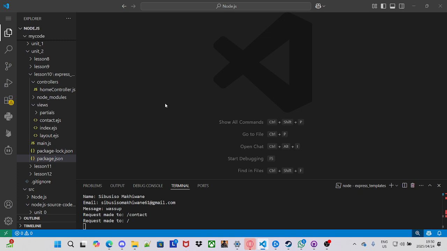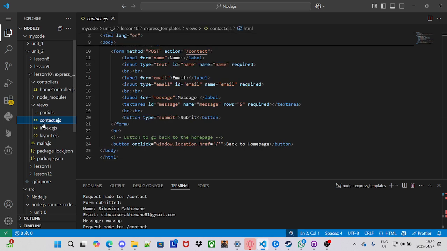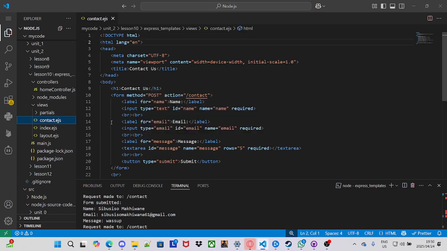So first of all, we had to try this exercise. I'm asked that I should create a contact page for my recipe application that uses the application layout and a partial that renders a notification box called notification box.ejs. Add this partial to my index.ejs as well. As you can see guys, I have my contact.ejs, which is the contact page,